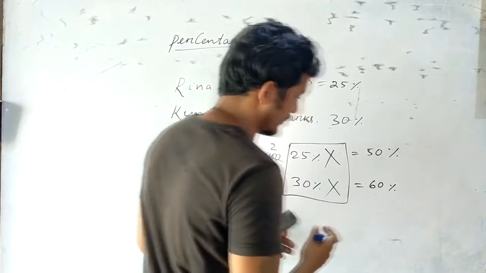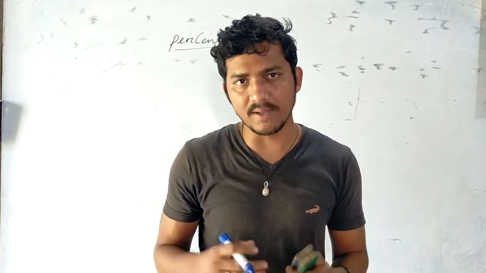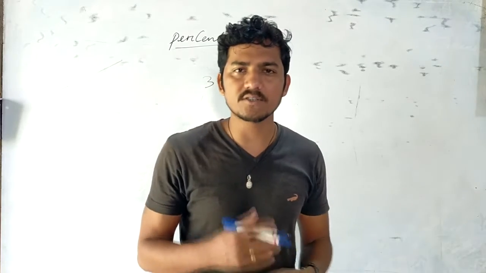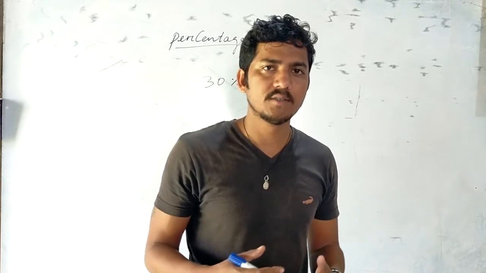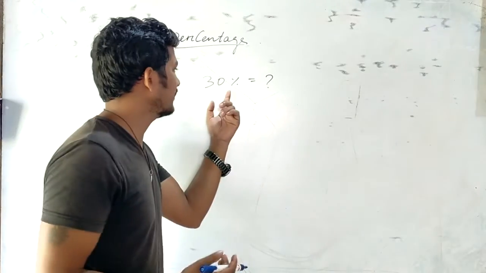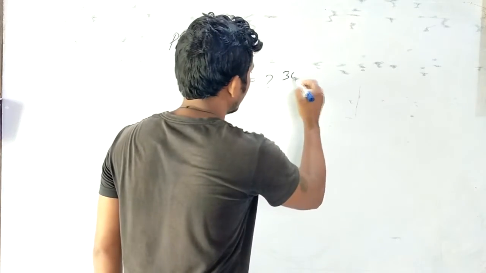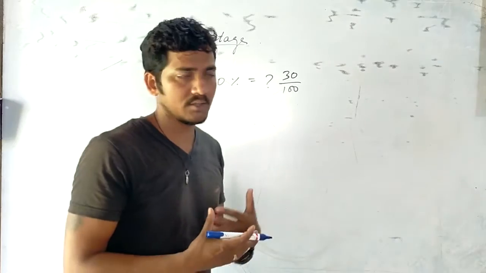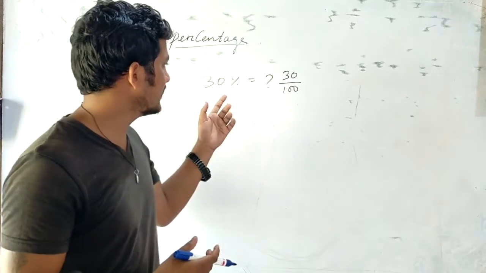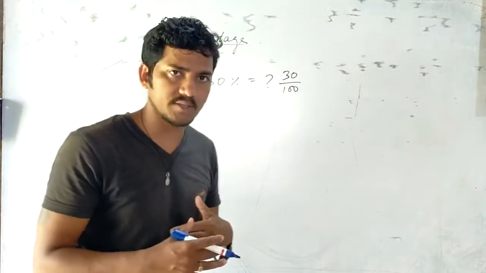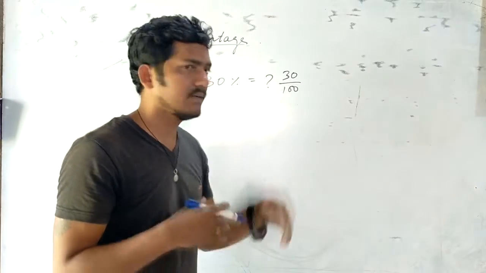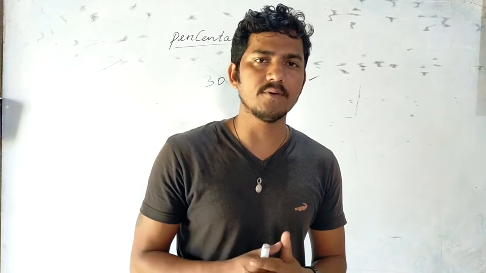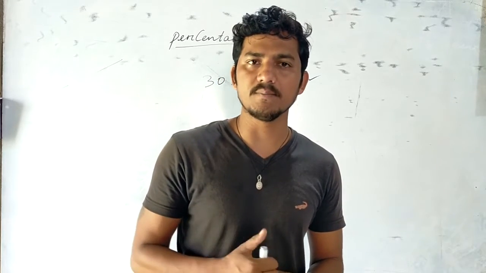Now we'll go forward. From the discussion we got to know that percent is just out of 100. If someone asks us how much is 30%, it simply means 30 by 100, that is 30 out of 100. If there is a percentage sign, that means it's simply out of 100. So that means 30 by 100. It is mostly asked to find the percent of fractional numbers and decimal numbers.